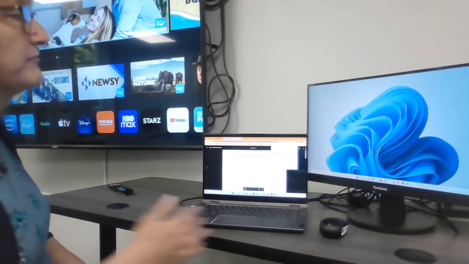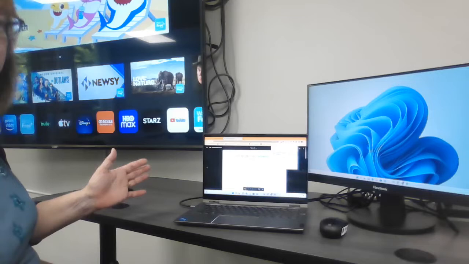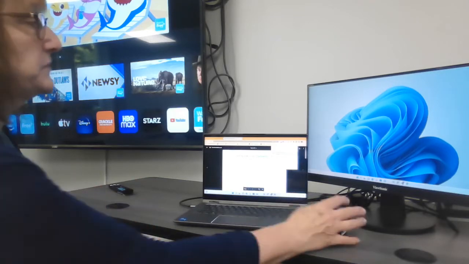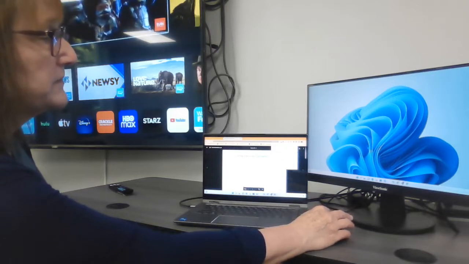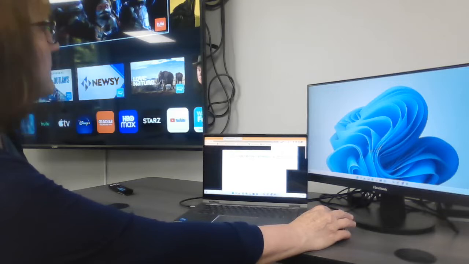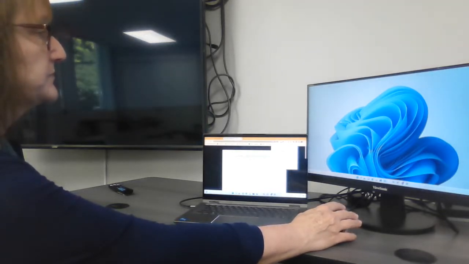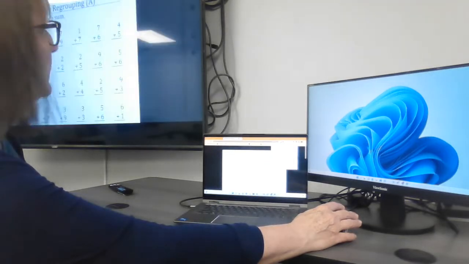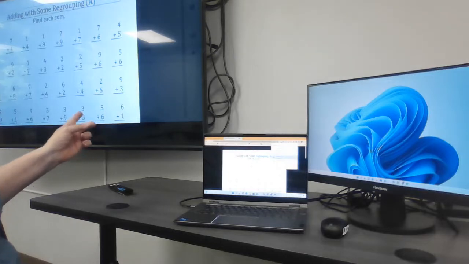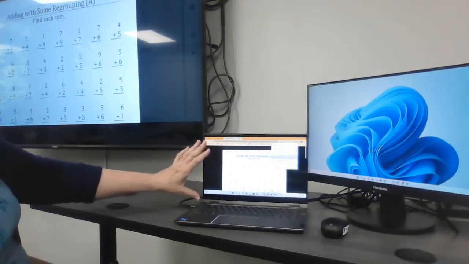And remember, if I don't change the source at this point, it's going to cast just a tab instead of the whole screen. And that is up to you if that's what you want to use. It doesn't matter either way, but just make sure you know which source you want to use. I'm going to choose the television that I am going to connect to. And if you notice right now, it automatically connected to what is on my screen on my laptop